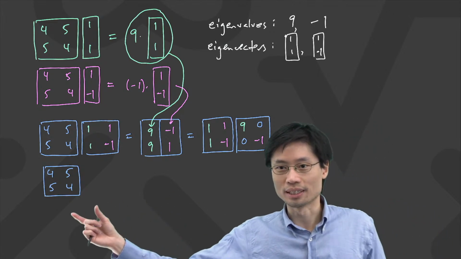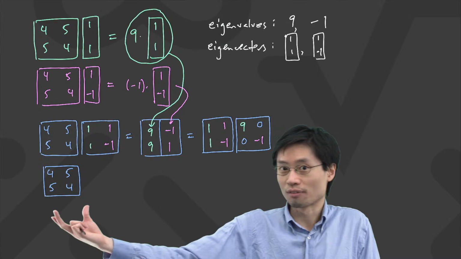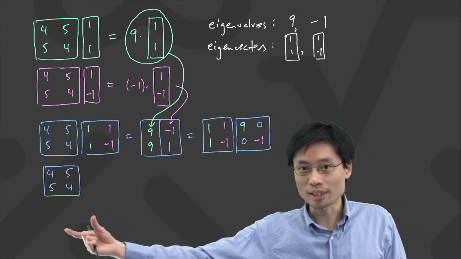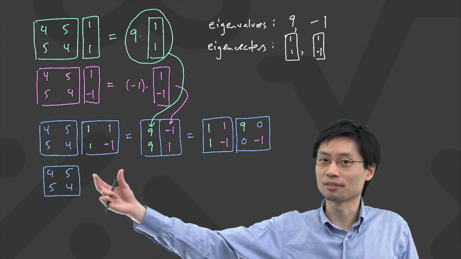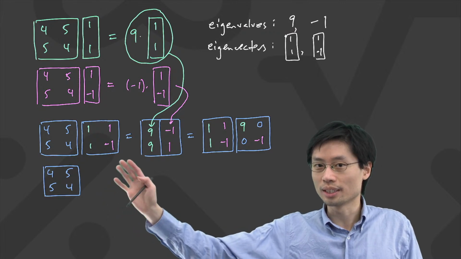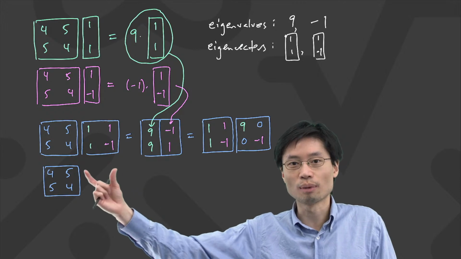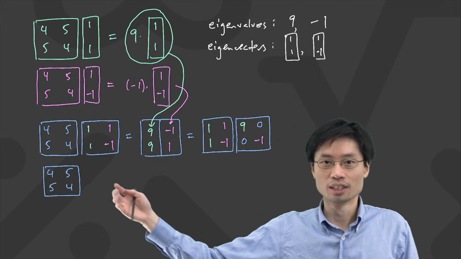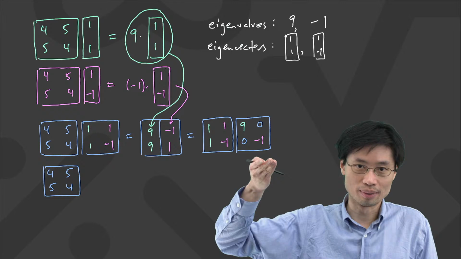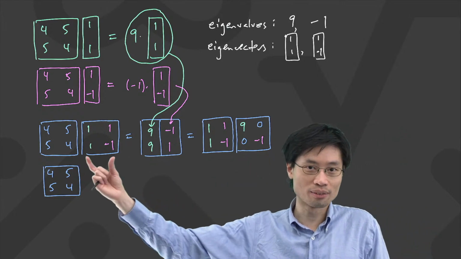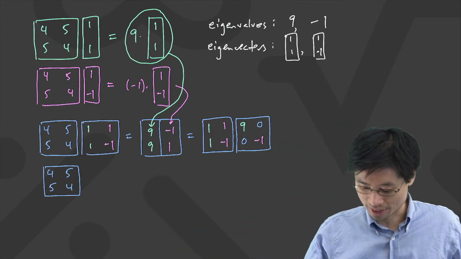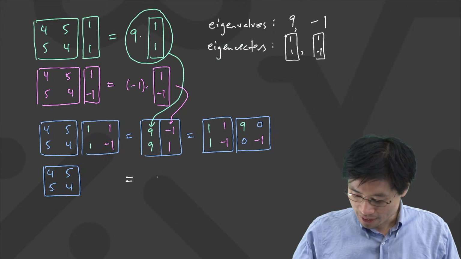But now why did I do this? I did this because I want to know what is 4, 5, 5, 4. And I can know that by multiplying by the inverse of this matrix. But remember when you do linear matrices stuff, multiplication is not commutative. So I need to multiply on the right-hand side. So I'm going to take this middle equation, and I'll multiply the right-hand sides by the inverse of that matrix. So now what I get is